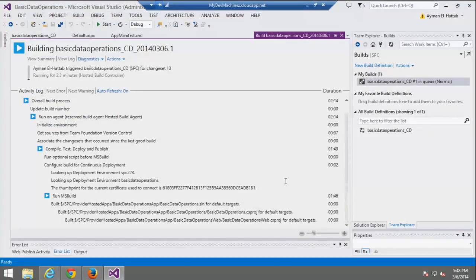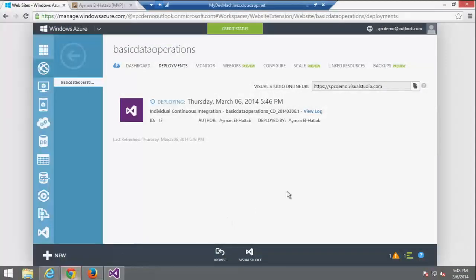Not yet. Still baking. But if we go to Windows Azure Management Portal, we'll find that it's tracking the status as well. It's saying it's deploying. So from a cloud-based perspective, there's a lot of integration between all of the different types of configuration points between Azure, the Azure dashboard, Visual Studio Online, because it used to be called TFS Online, as well as Visual Studio. So a lot of plumbing that naturally happens in the cloud.